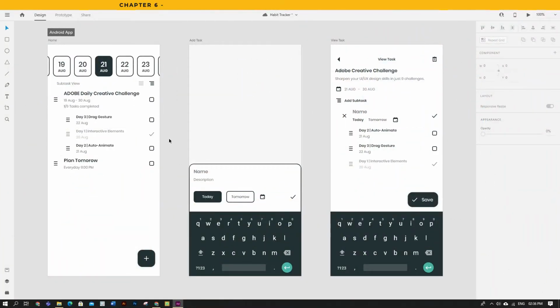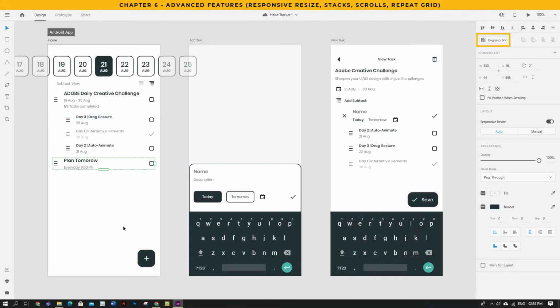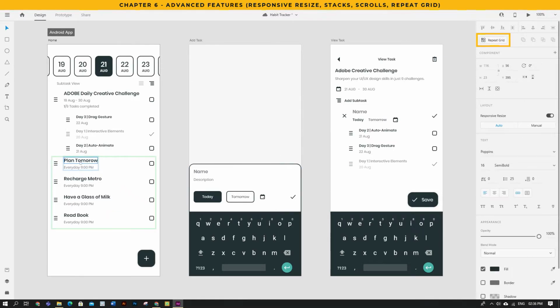The computational power of XD is very high and smooth. In order for you to keep up, XD is enriched with some advanced features. Repeat Grid allows you to create a set of repeated elements with simple click and drag and populate it with real-time data. If you customize one element, the changes will reflect instantly throughout the rest of the elements.